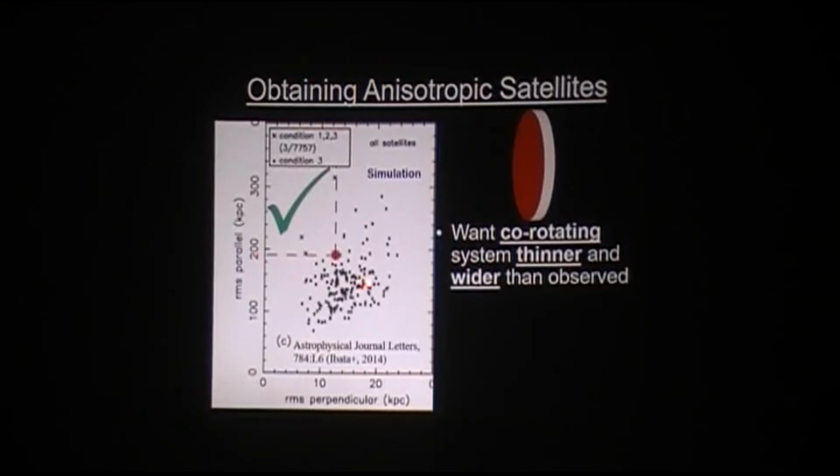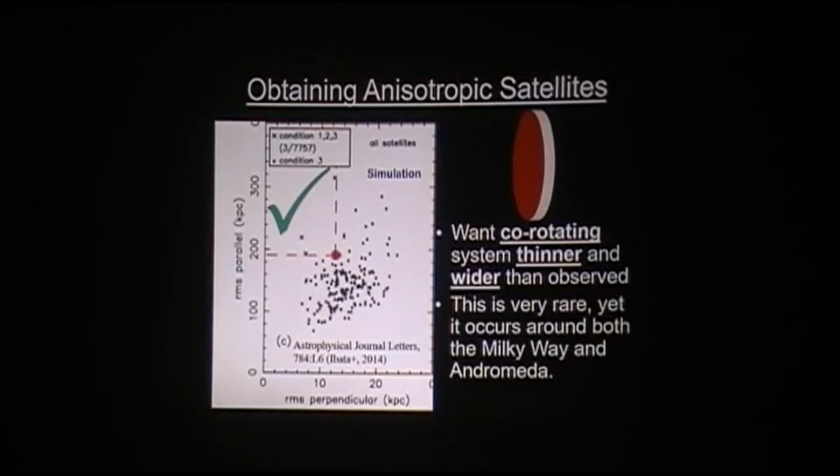Now you can see that there are some galaxies in that box, right? So this is results from a cosmological simulation. There's 3 galaxies which were made in. One of them was actually okay, but that's out of about 8,000 galaxies. So this kind of thing is very rare. And remember that we didn't pick Andromeda because we wanted to disprove Newton or anything. We picked Andromeda because it's near enough to observe properly, right?